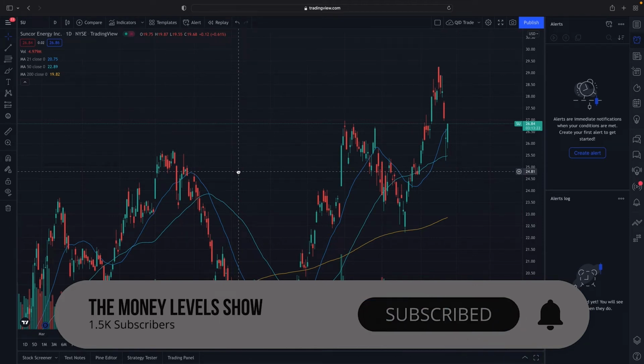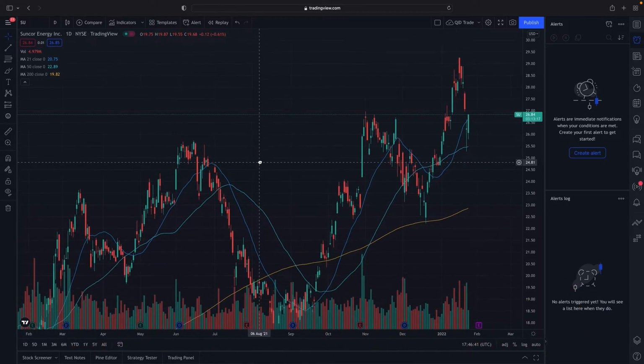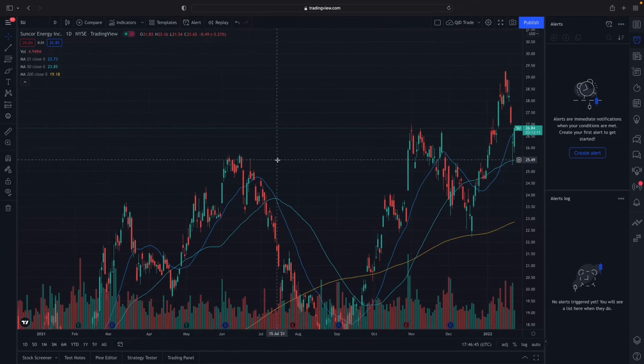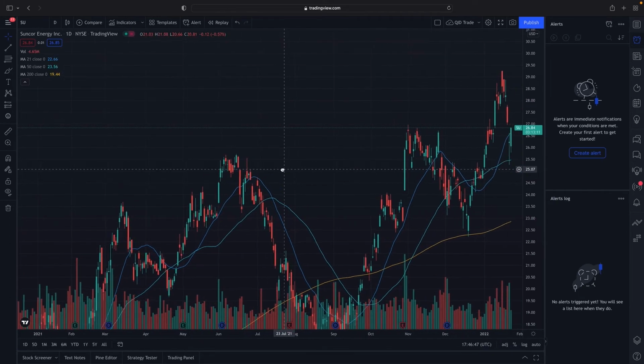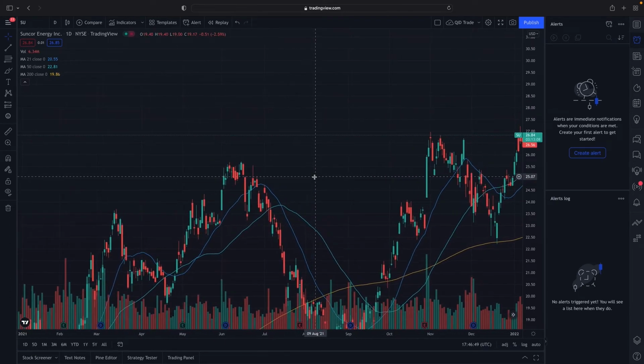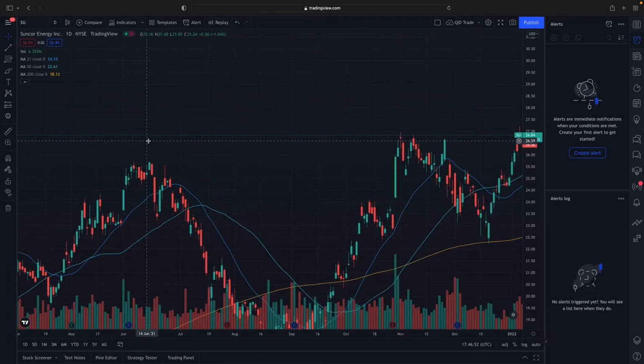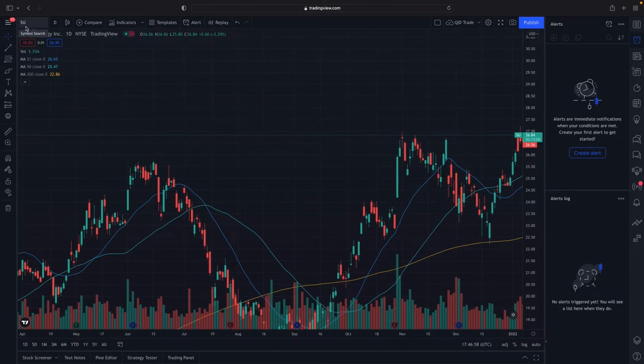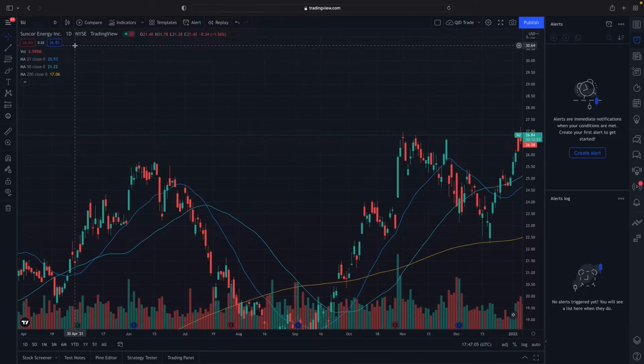So today, what we're going to look at is moving averages and how that can help you determine whether an investment is a good one for you to get into. So without further ado, let's get into it. So here we're looking at a stock called Suncor Energy. The ticker is SU. You can see that here in the top left corner. This is a company I actually invest in. So I want to give you guys a stock pick that I'm holding on to.